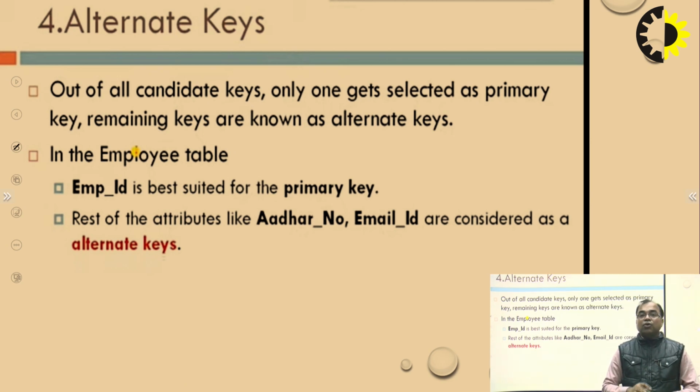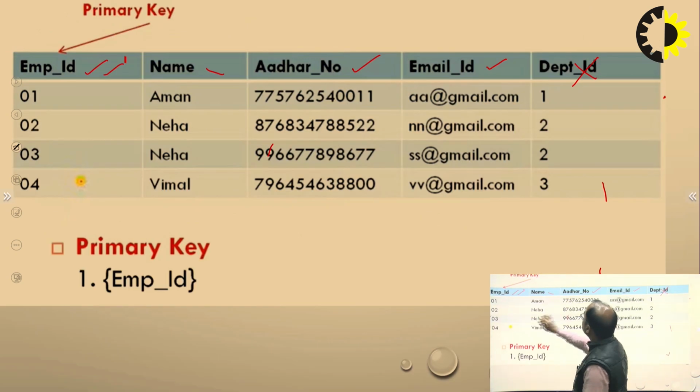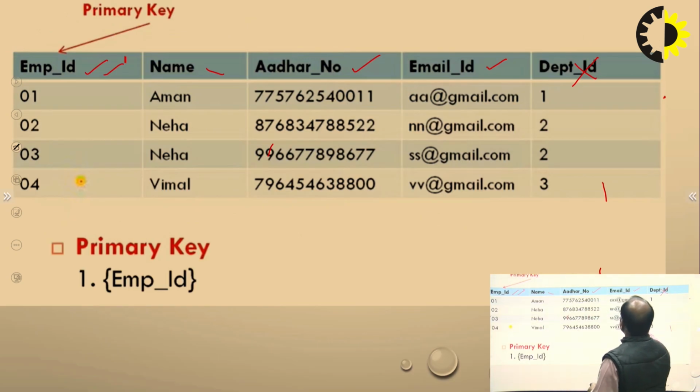Out of all candidate keys, only one gets selected as a primary key and the remaining keys are alternate keys. जो भी इसमें बचा, जैसे मैंने कहा कि ये और ये, these three are eligible for primary key,